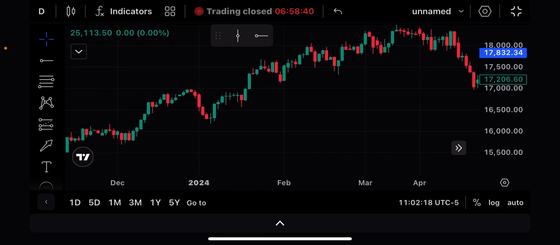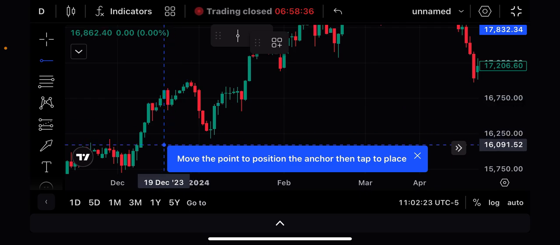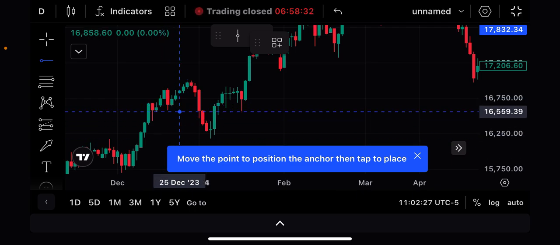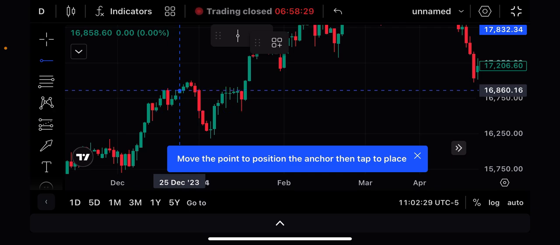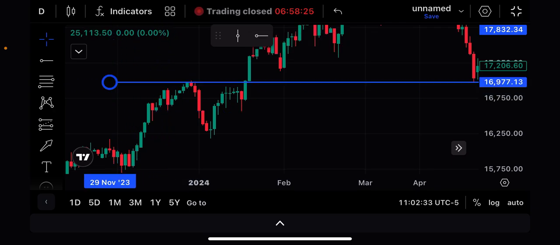So now that you know what a candlestick is, now I can start showing you the highs and lows. Like I was telling you earlier, you see a green and red candlestick or a red and green candlestick, that's how you know it's at a high or a low. So right here, as you can see,